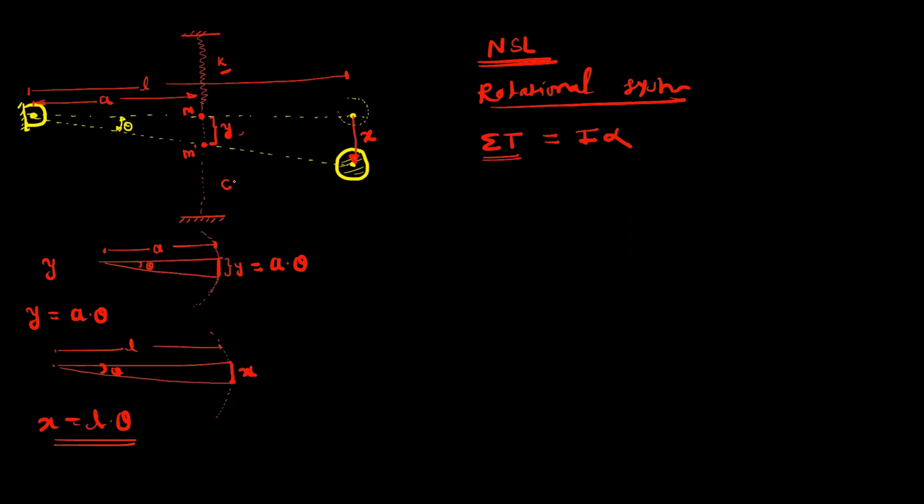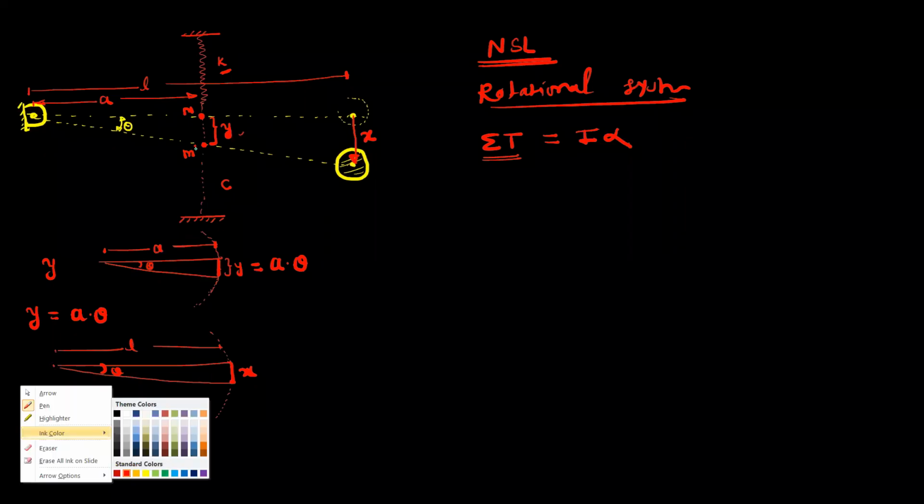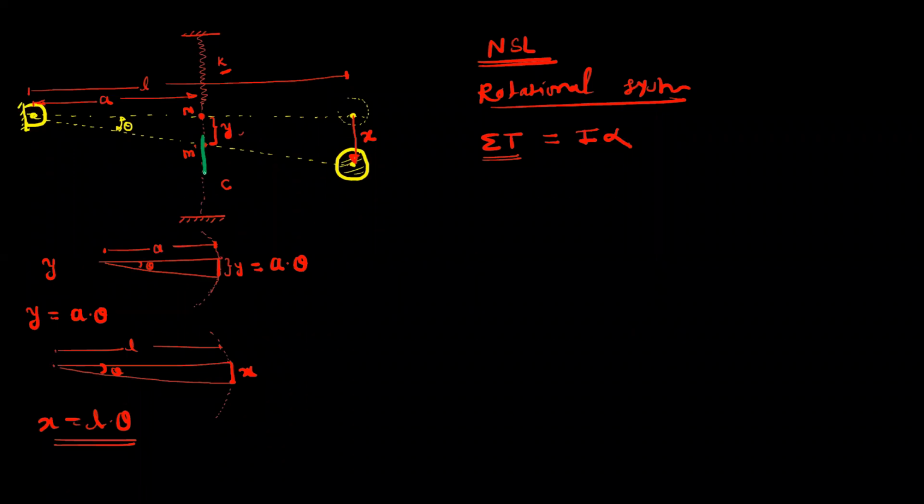First show the force vectors because of the spring and the damper. This is the line of action for the damper force, which I will write as FD. Along the same line in the upward direction is the spring force, Fk. Spring force and damper force act in the opposite direction of the displacement. As the point M is displaced in the downward direction, FD and Fk are in the opposite direction.